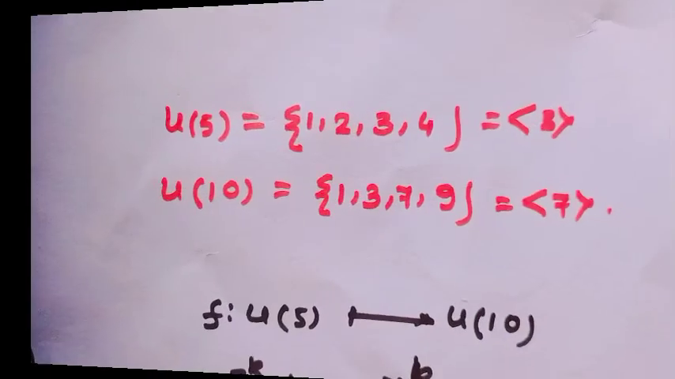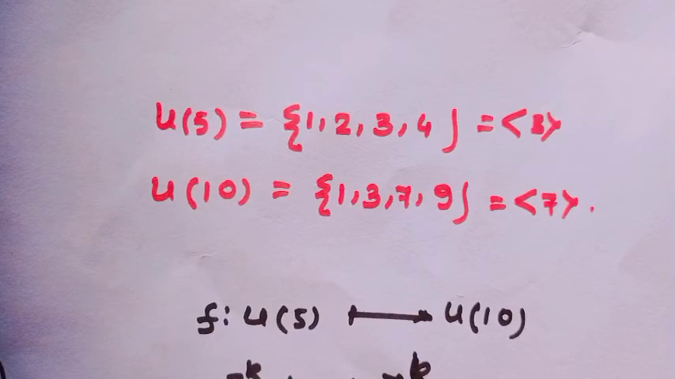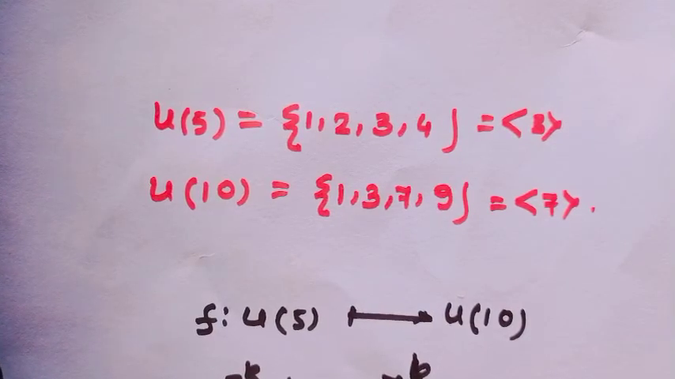Now consider another example. All of us know U5 and U10. U5 is the set of all elements which are prime to 5. That means the set containing the elements 1, 2, 3, 4. And U10 is the set of those elements which are prime to 10. That means the set containing the elements 1, 3, 7, 9. And notice,